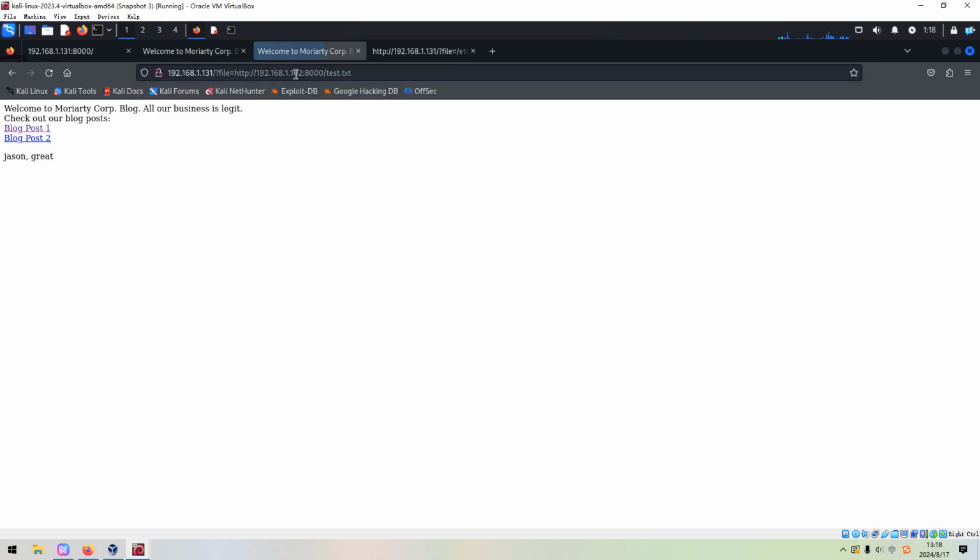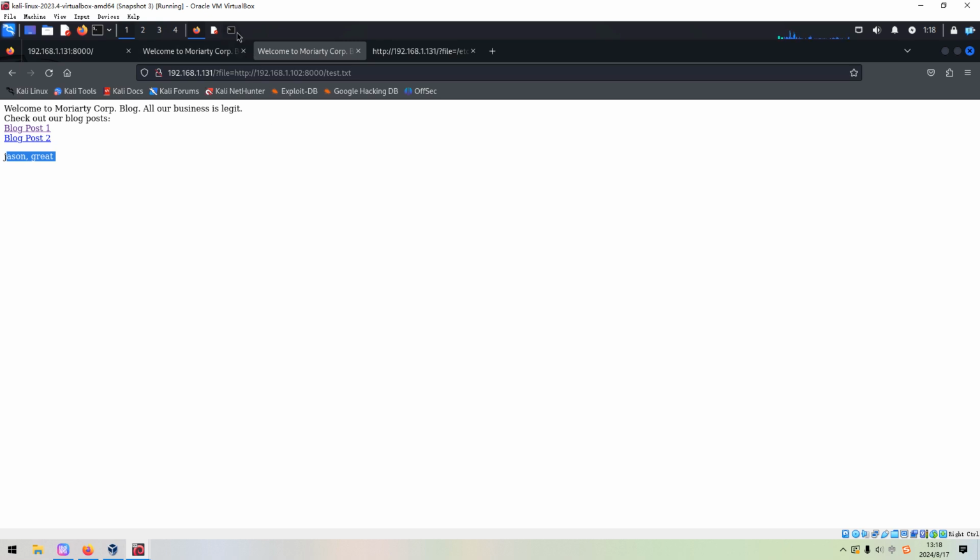Test, press enter. As you can see, the content of the file test has been grabbed. So it means that this file community parameter indeed has the remote file inclusion vulnerability. So what do we have to do next? Of course, our objective here, normally, is to get the initial foothold on the target.